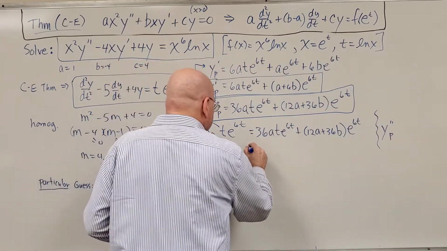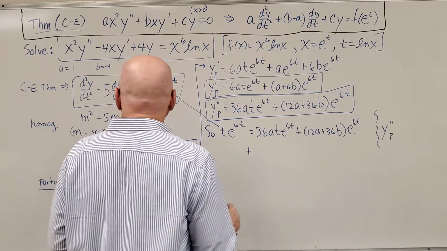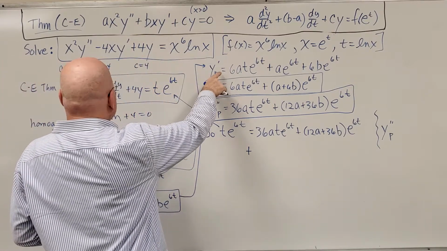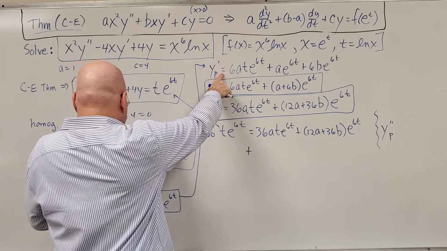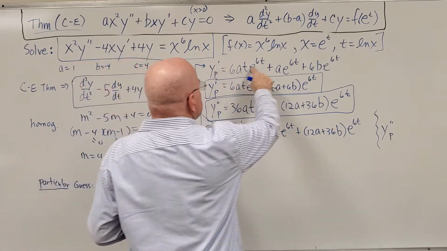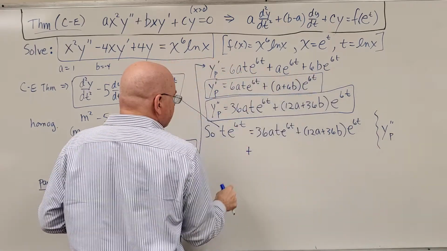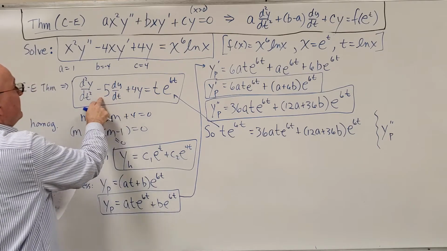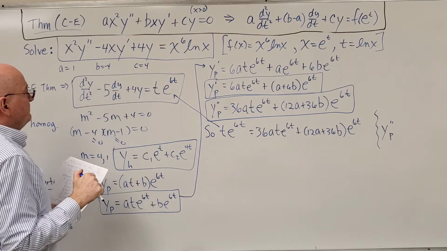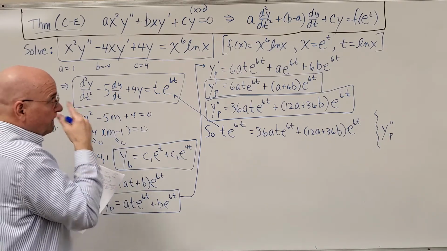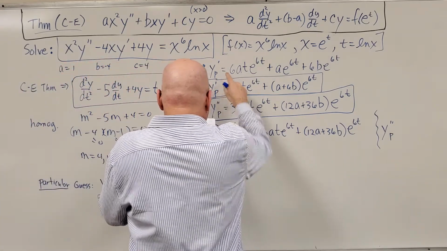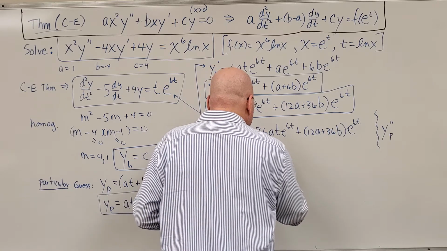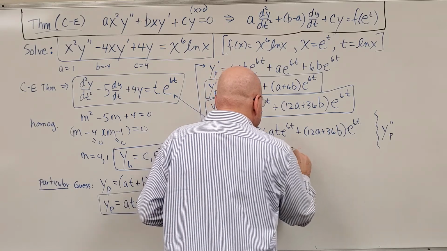Because now I'm going to put plus -5 times y prime here. So I'm just going to multiply this whole thing by -5. This whole thing, and it'll give me -5 yp prime. So that's going to be a -30 at e to the 6t